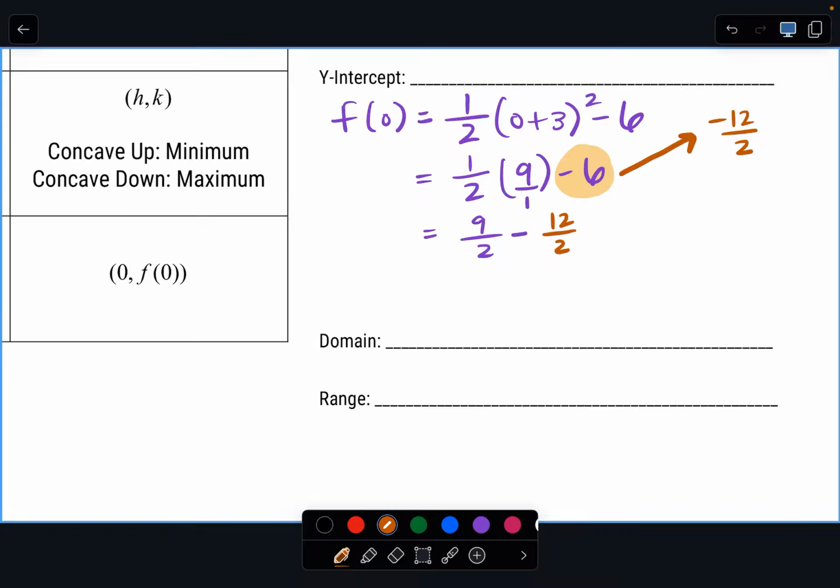So when you have the same denominator, a common mistake people make is they try to subtract or add the denominators together. The denominator does not change. The only thing you're actually going to work with is the numerators. 9 minus 12. What's 9 minus 12? -3. So my y-intercept is 0,